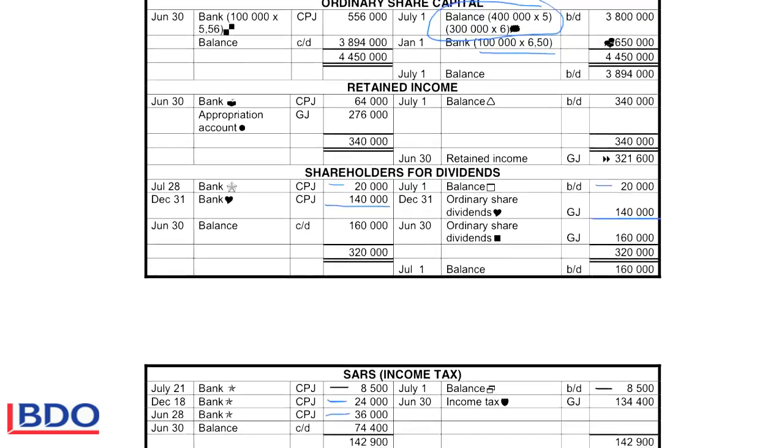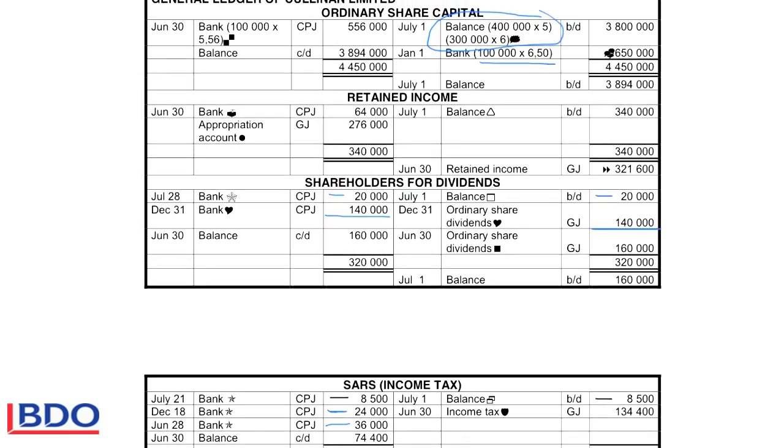As soon as I know what the final profit for the year is, I can calculate the expense for income tax. So for the first time in this whole year, you will write in your income tax account and you will show the 480,000 profit times the 28% and indicate that the total expense for the year is 134,400. Who do we owe this money to? To SARS. So SARS will be credited with